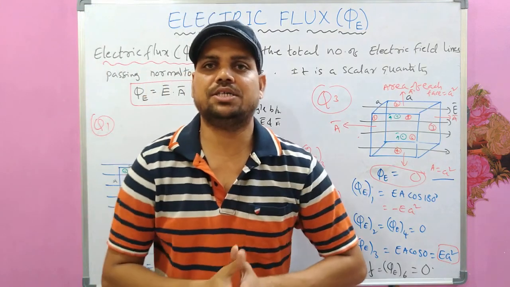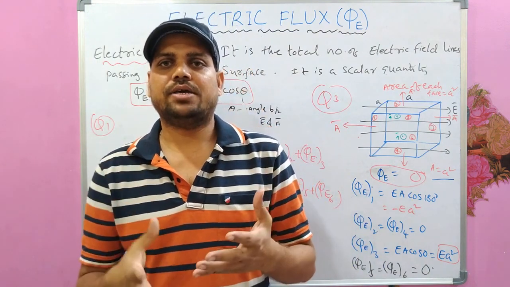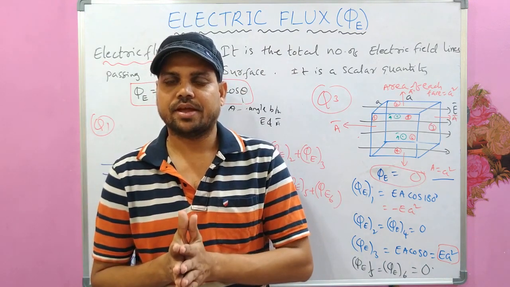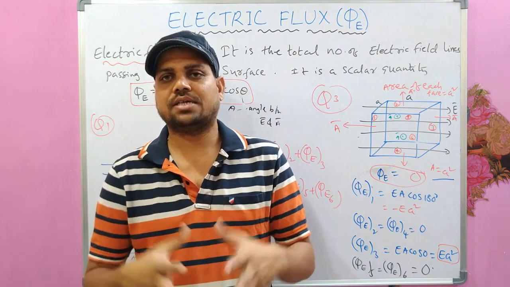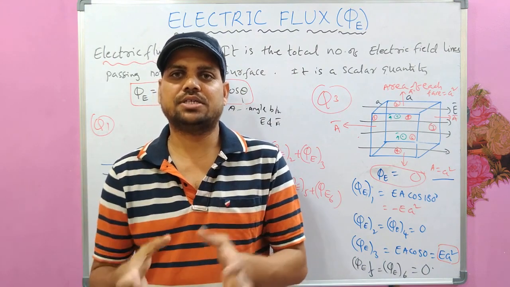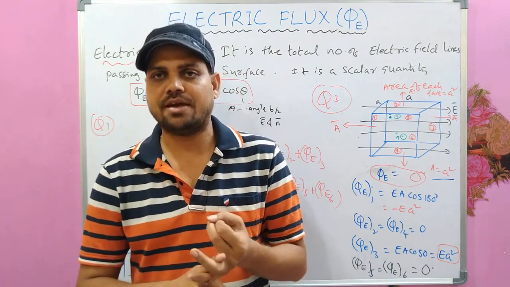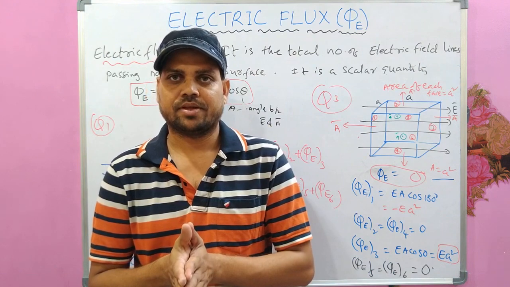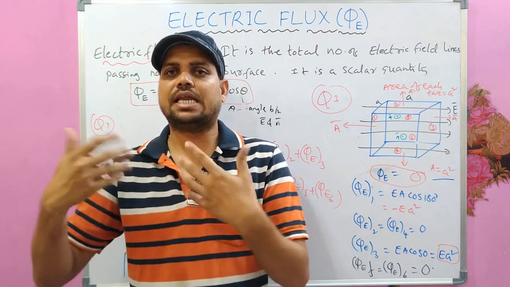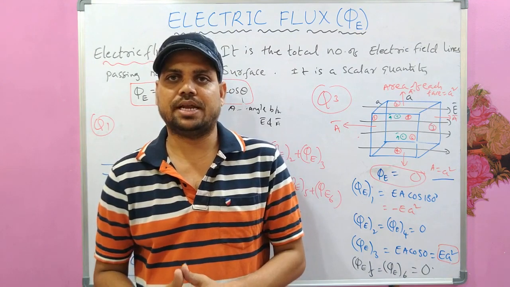Okay, so hope you have understood the importance of electric flux and how area vector is playing an important role in the case of electric flux, and how we calculate electric flux for each surface placed in electric field. And we have also seen how electric flux is changing with respect to E, with respect to A, with respect to theta. Right? And in the next video lecture, we will discuss how this electric flux is leading to the Gauss law, which is a very, very important concept in electrostatics.